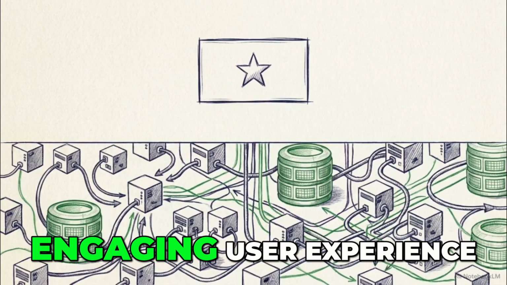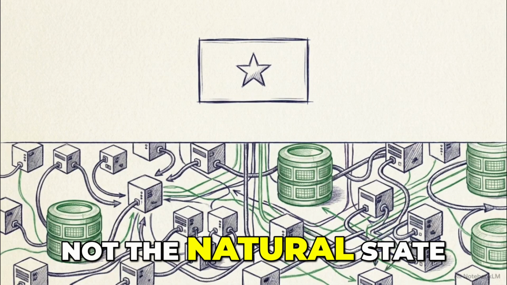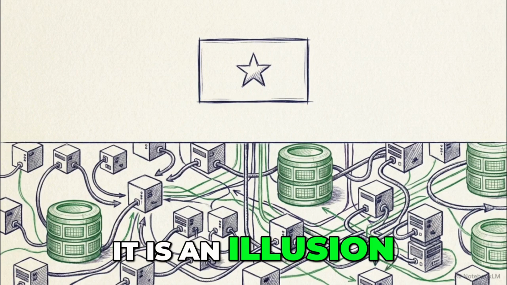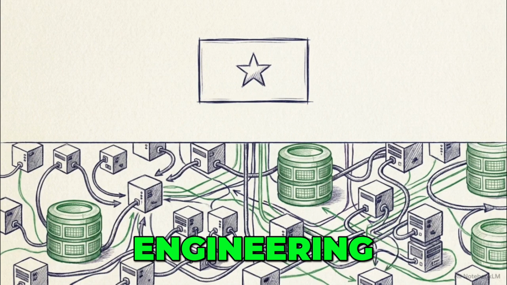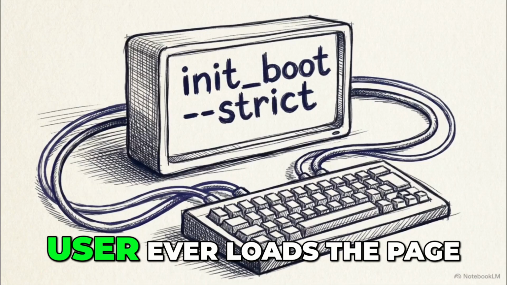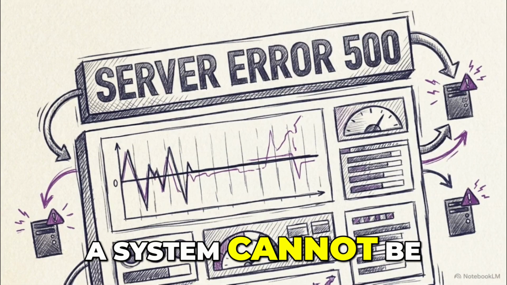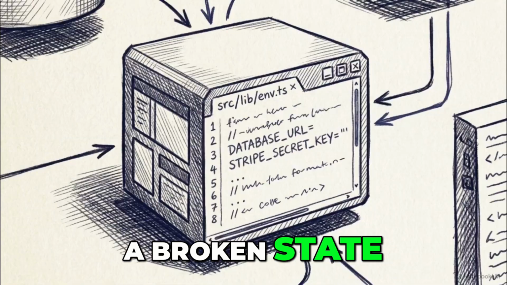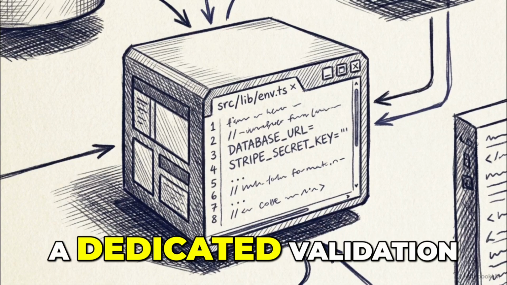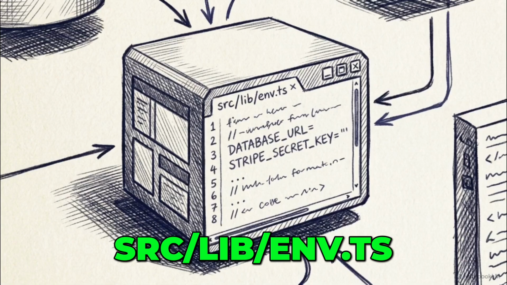A flawless, engaging user experience is not the natural state of web software. It is an illusion maintained entirely by rigid, defensive back-end engineering. Resilience starts before a user ever loads the page. A system cannot be trusted if it begins accepting HTTP requests in a broken state. SignWell enforces this through a dedicated validation file,